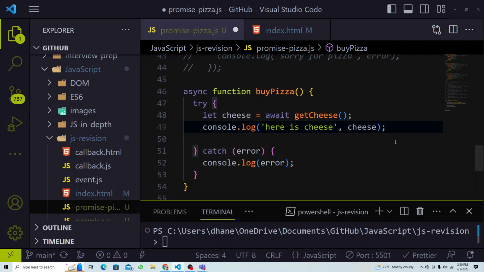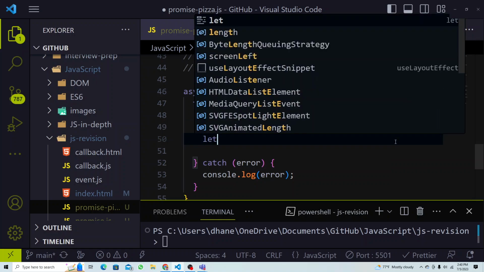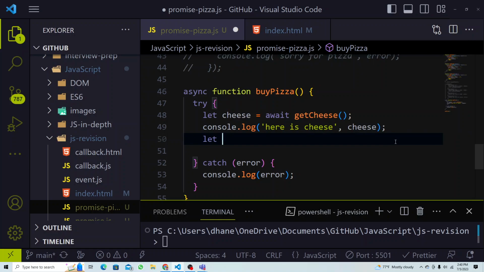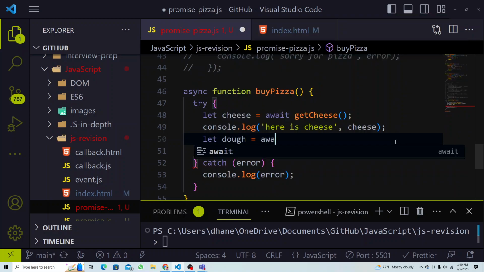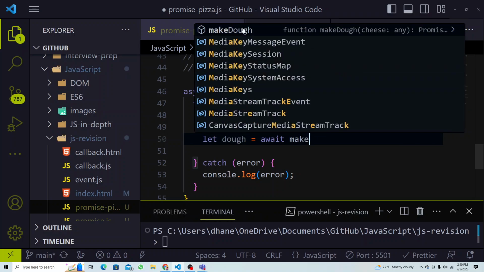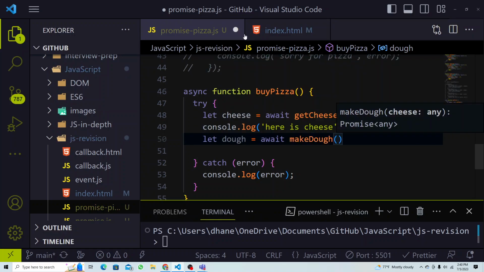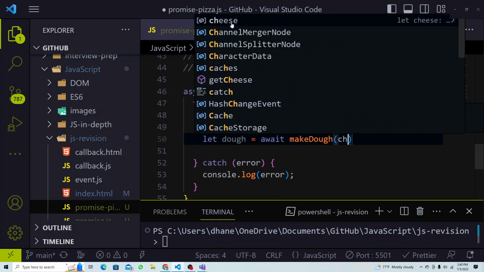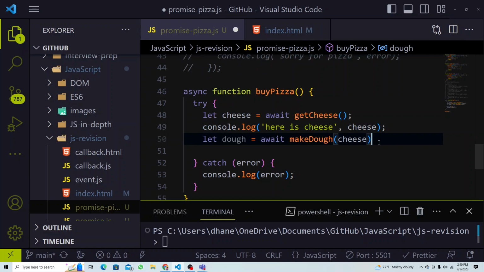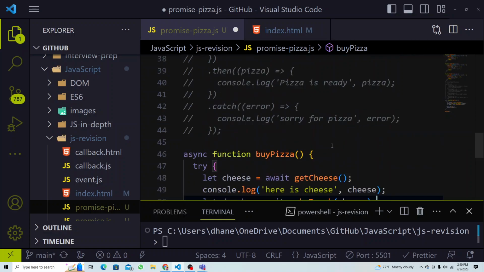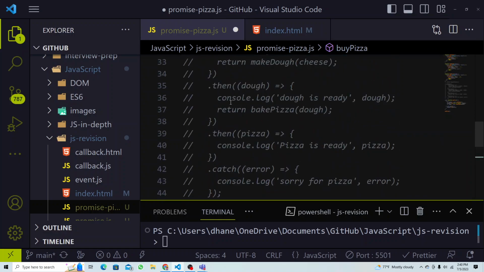Simple. Now let's write let dough equal to await bake dough, because that is a promise function. So make dough. Okay, you have to pass the data now, because dough is asking you for cheese. So pass your cheese here. See, you pass the cheese. Done. So now you're gonna put that cheese console log, sorry, dough console log,